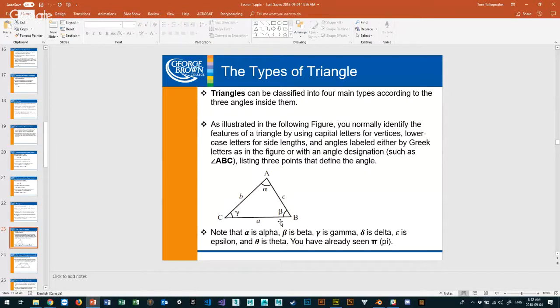However, one thing I don't know is this side at all. When I split this down the middle, I don't know how much of lowercase a is on the left and how much of lowercase a is on the right. I don't know how much of that distance I'm splitting, and that's another problem.